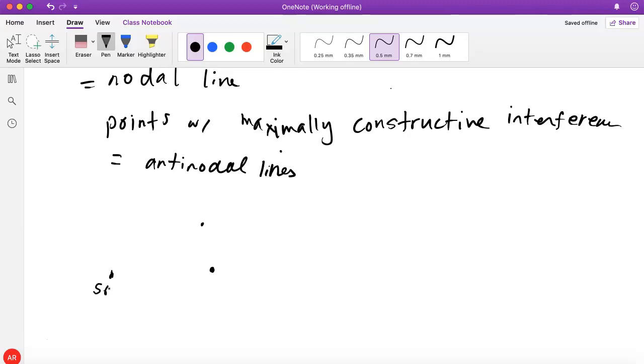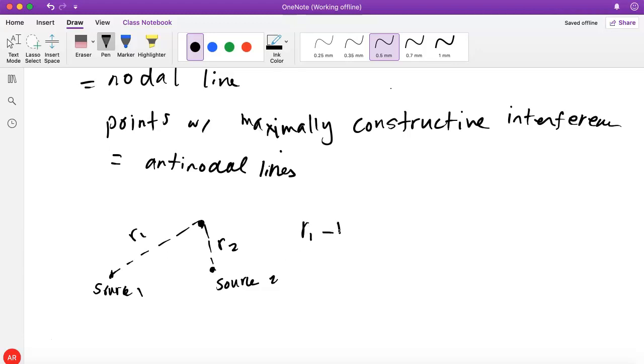If you have source 1 here and source 2 here, and one given point that's a distance r1 from one source and a distance r2 from the other,